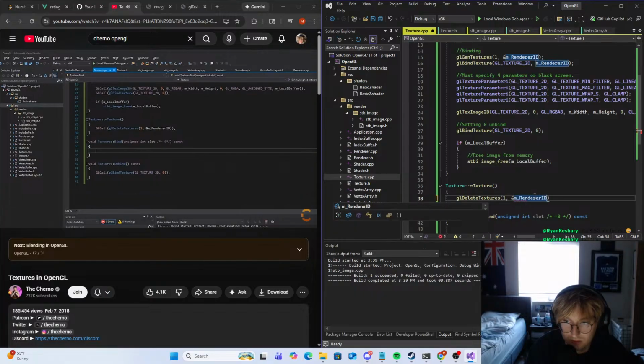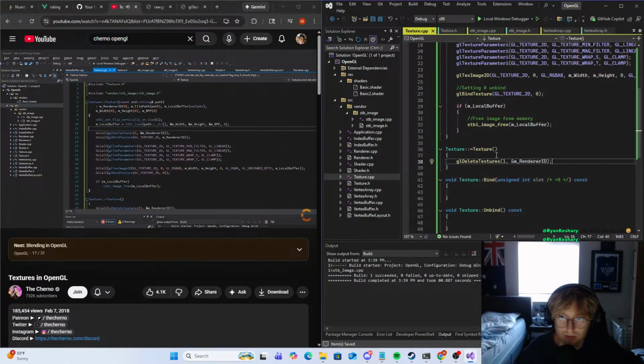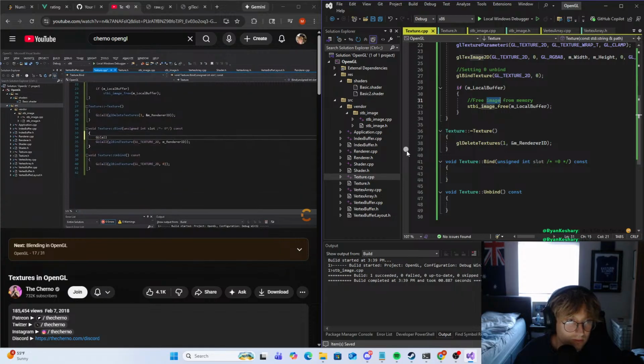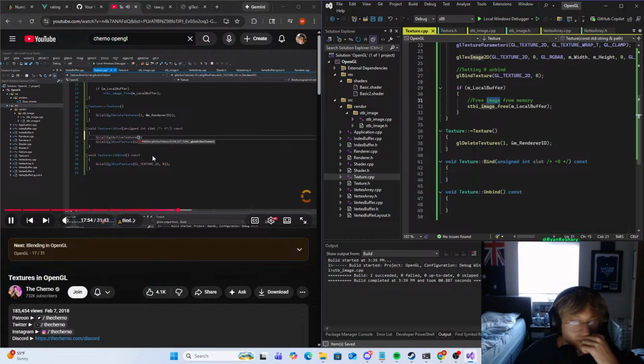Now Bind is an interesting function because we already know how to bind textures. It's really just this, right? But what we can do here is actually specify a texture slot, and we do that by typing GLCall glActiveTexture. Now ActiveTexture takes in an integer, which is